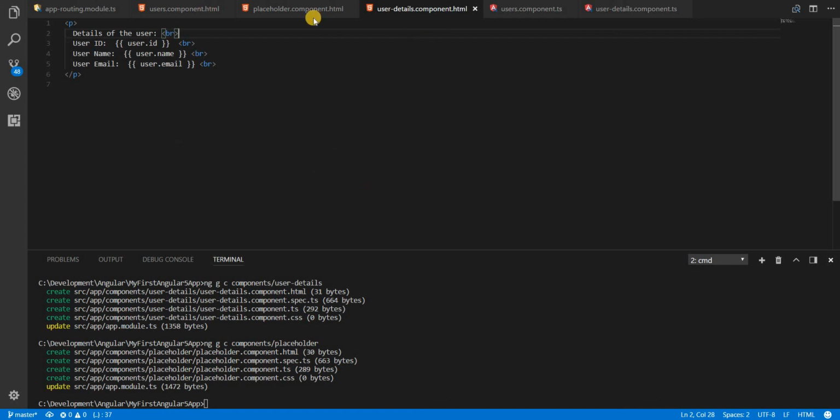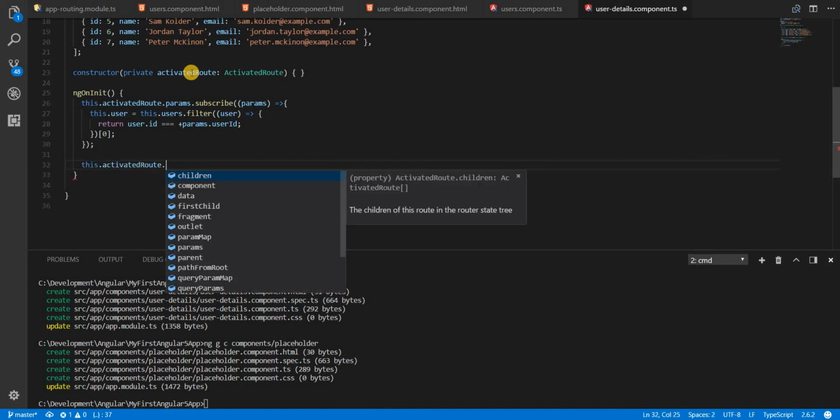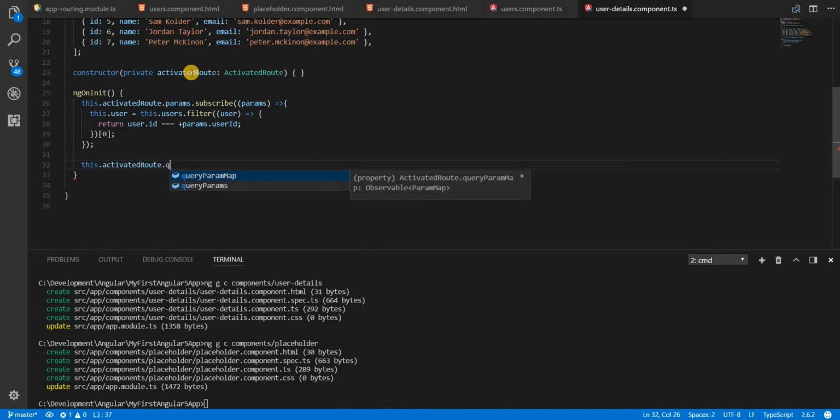So in that case, just like activated routes, maybe we can do that with the activated route itself. So just like params, activated route has queryParams, and that is again an observable. So again we'll have to call a subscribe method on it,